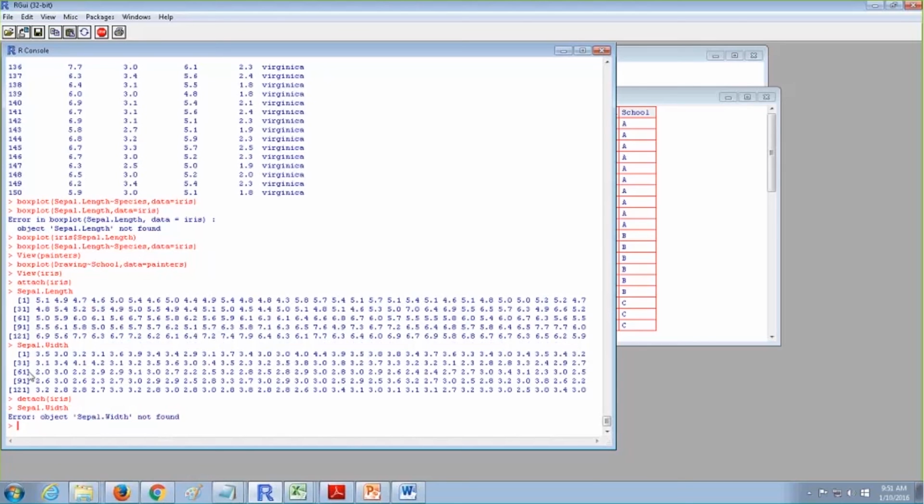So whenever you work with a single table, you can use attach and this detach function. But when you work with multiple tables, this would cause some problems, because once you attach a table, only that table's parameters can be retrieved. For all other tables, you have to specify their table name with their corresponding column. So it is better you follow the methodology of iris$sepal.length, table name dollar column name. That is the best way to work, because you'll be working with multiple tables, where attaching some dataset becomes a problem.